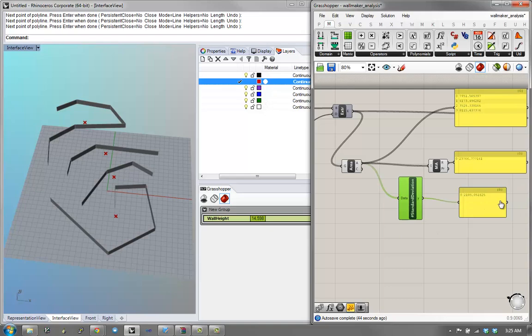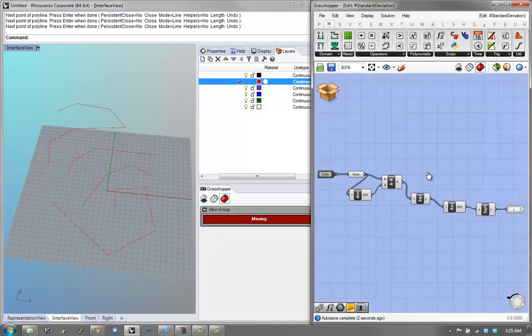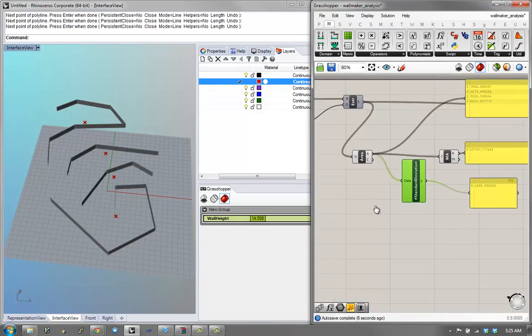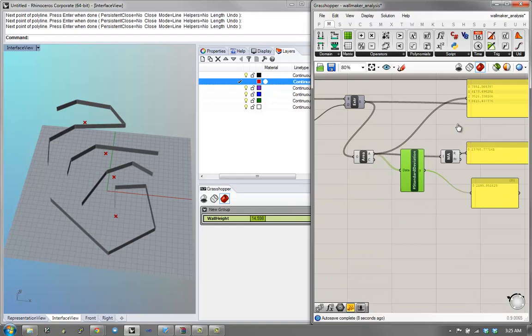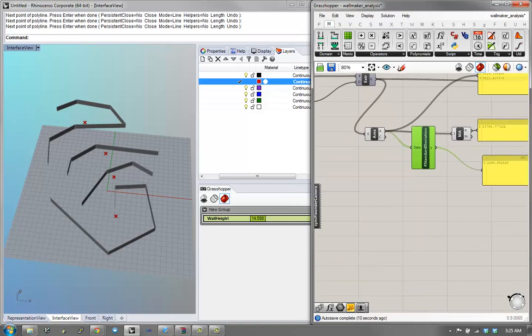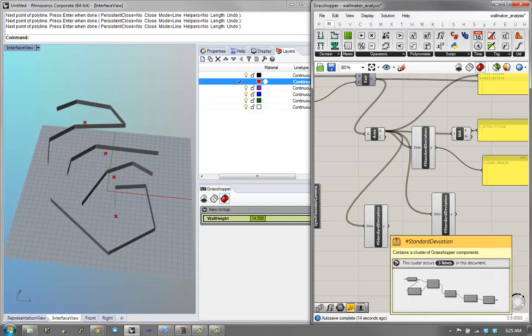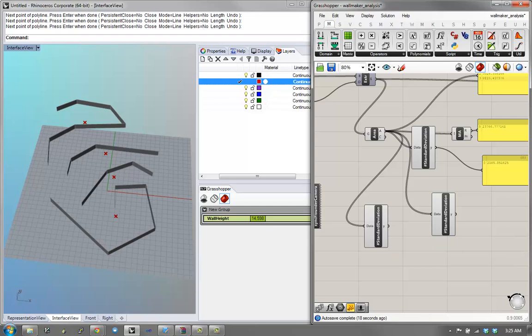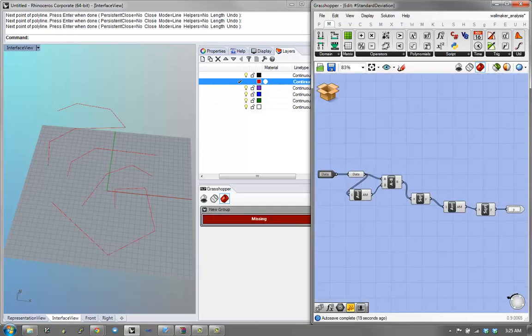That also means that if something goes wrong in the cluster, I can jump in and debug or analyze the cluster without having to worry about what's going on outside. Also, the very fun and helpful thing about clusters is that if you copy and paste them within a document, if you hover over this, it actually says this cluster occurs 3 times. So it's actually the same cluster. So if I change one thing over here,